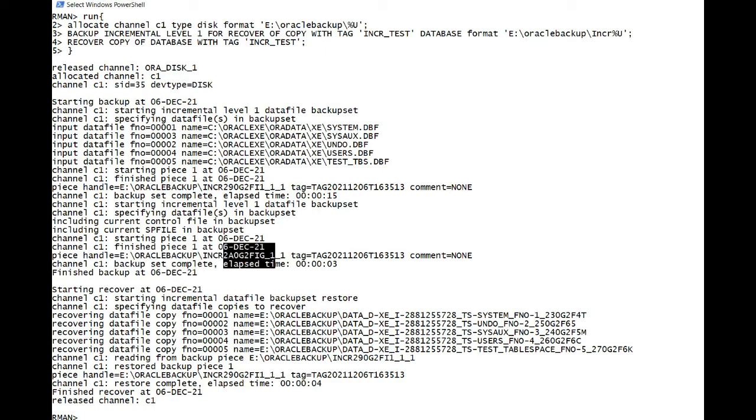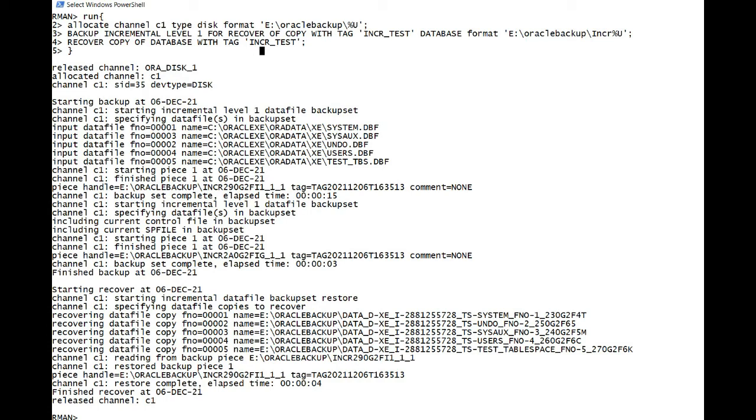After that, recover copy of database with tag ran. Now note that both commands should have the same tag. That's how it will recognize which backup piece belongs to which backup, in the sense that you can have multiple image copies, so to recognize a particular backup we need to tag them. So this is mandatory in the case of incrementally updated backups.